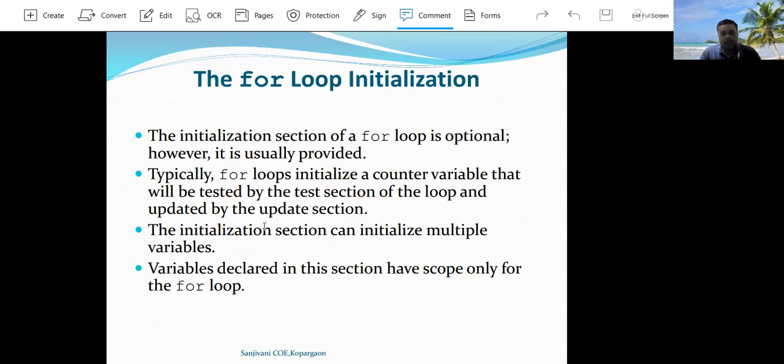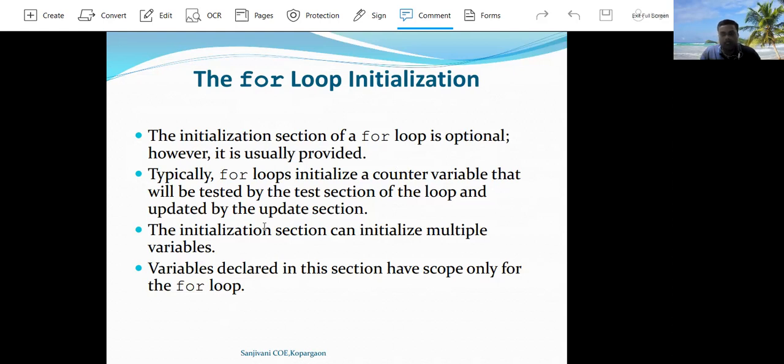Here we first discuss the first section in detail, the for loop initialization. The initialization section of a for loop is an optional section. The programmer can initialize a control variable or may not initialize the control variable as a part of the for loop statement. Typically, a for loop initializes a control variable that will be tested by the test section of the loop and updated by the update section of the loop.